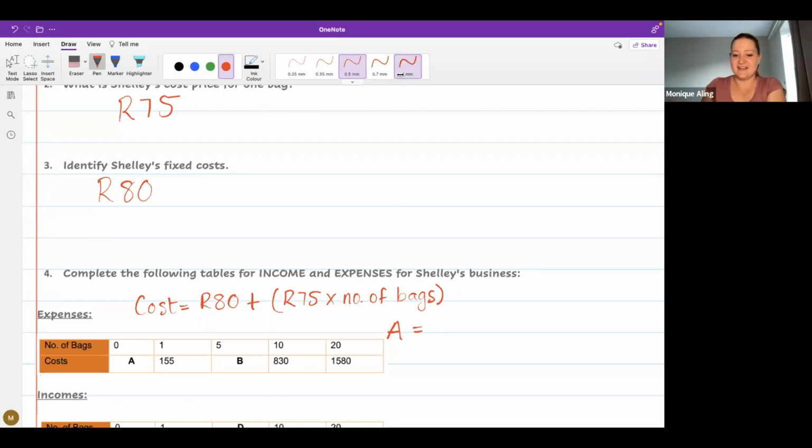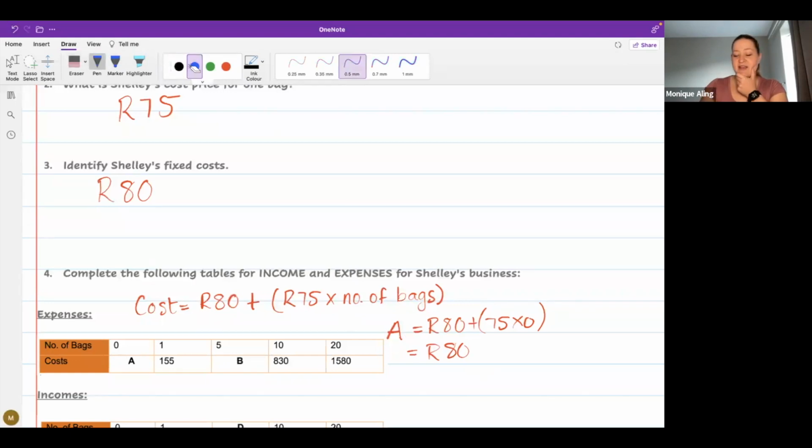Okay. So A, guys, substituting into the formula, it would be 80 plus 75 times by 0 because we had 0 bags. So you'll still be paying 80 Rand. Okay, because the bracket would give you 0. So we're left with 80, which all of you did get. Well done. Okay, then looking at B,